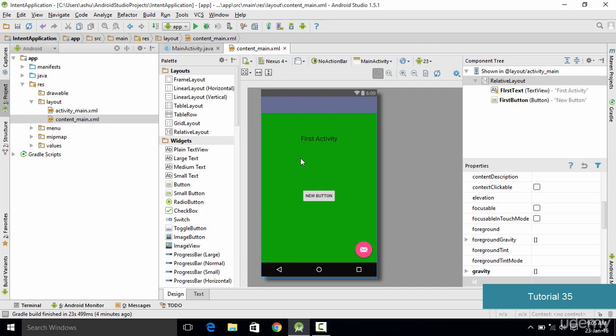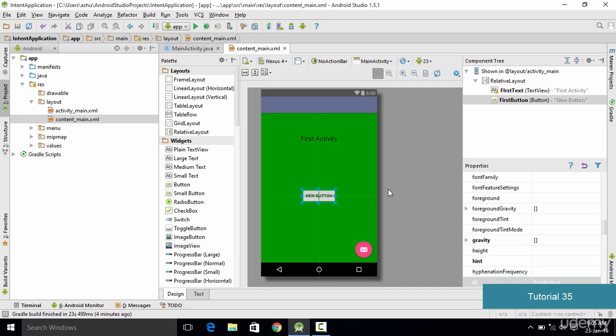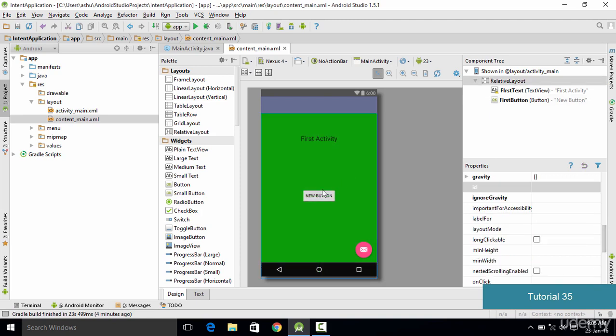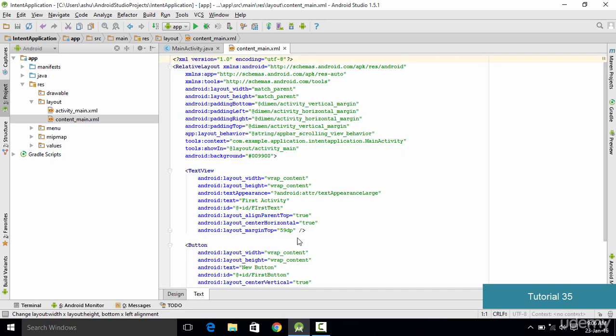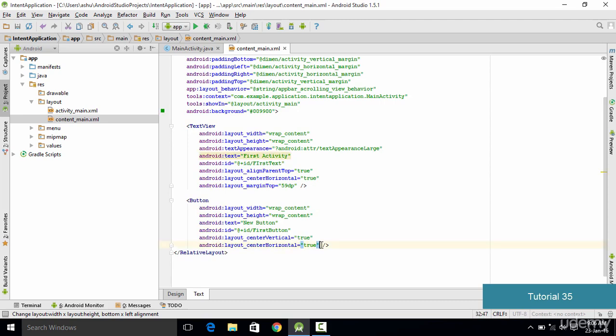Now the next thing which we want to perform is that when we click this button, something should happen. So there are two ways in order to do that. So the first way is by adding an on-click listener or on-touch listener to this button, but instead of doing that we have one more simple way. So in order to handle click event of this button, we go right here to the text view of the XML, then we go inside the button right over here, and then we type